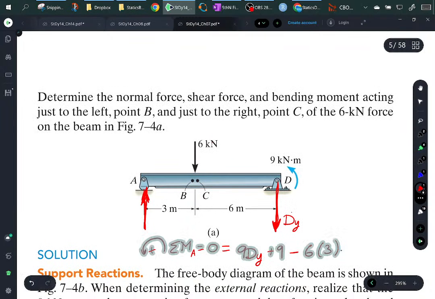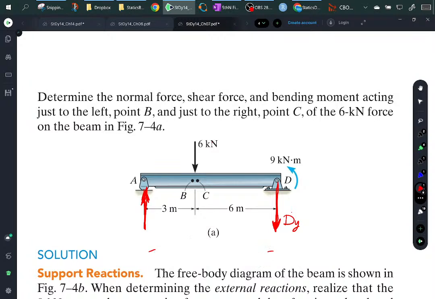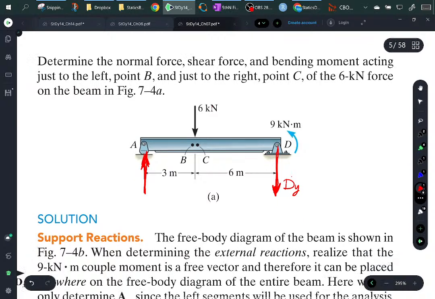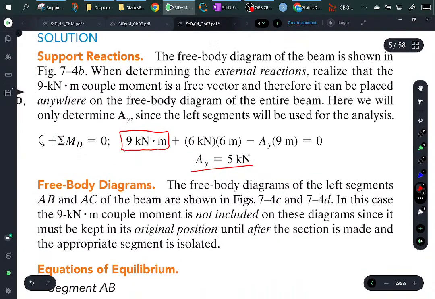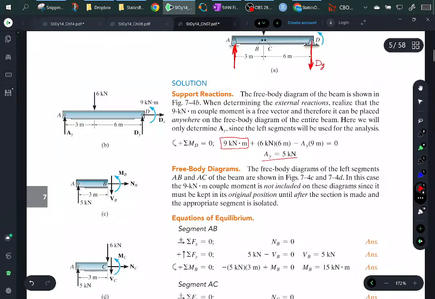After he finds this, sorry for the delay. It should be going away any second. There we go. So there's your A, there's your D. What he does, he draws it. Okay. So what he's doing